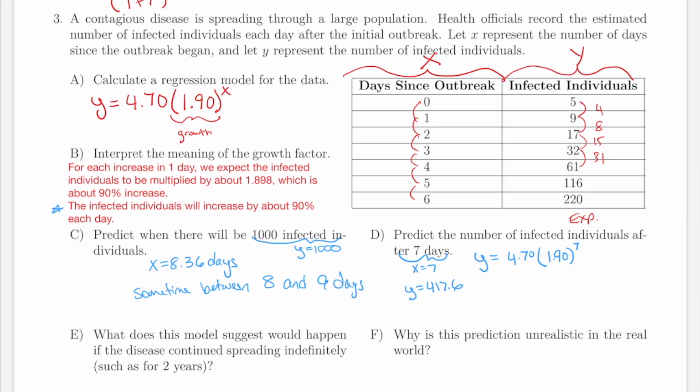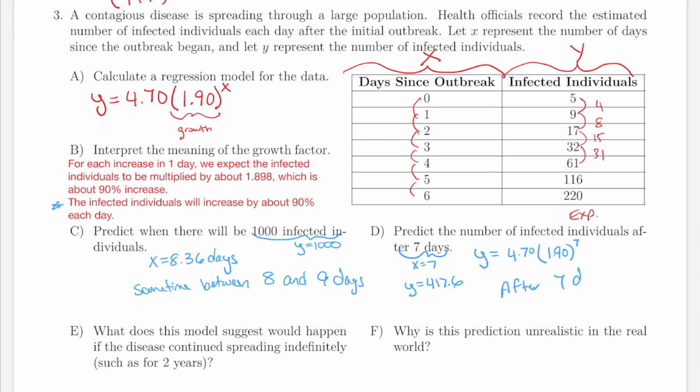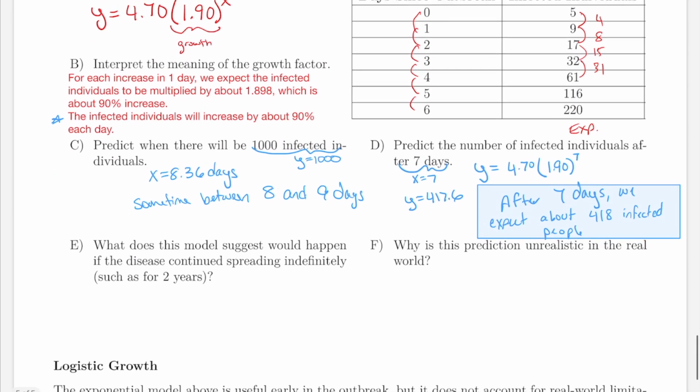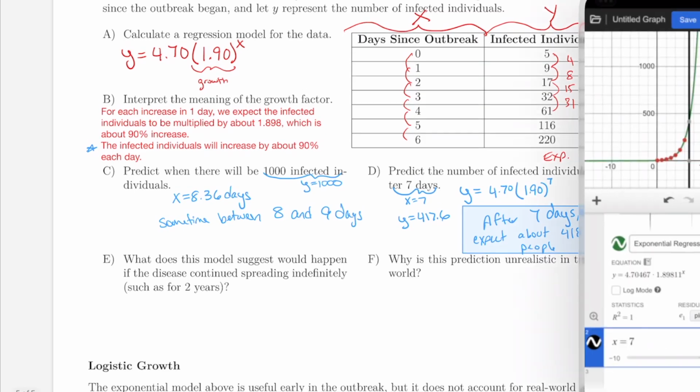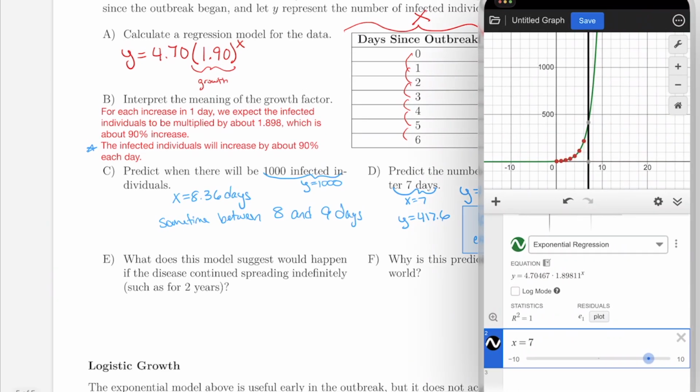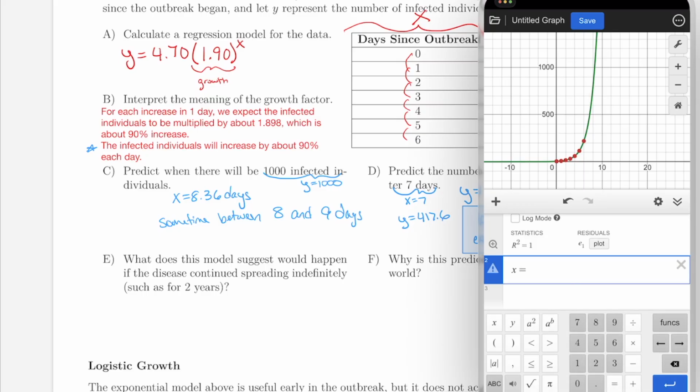And so after 7 days, we would expect about 417, maybe about 418 individuals. Now, what does this model suggest would happen if this kept spreading indefinitely, like maybe 2 years? If we try to do that on our graph, the x-axis is only the number of days, and so if I try to put in 2 years, so 365 times 2,